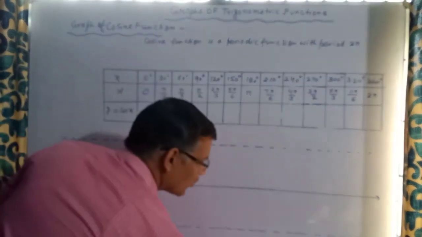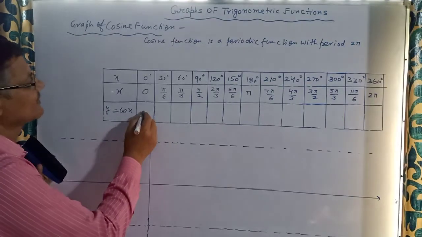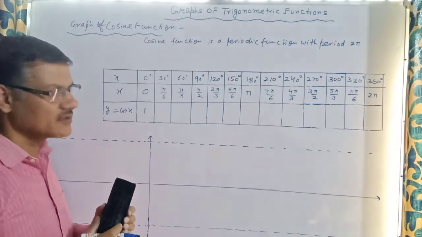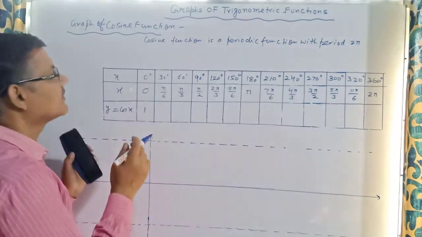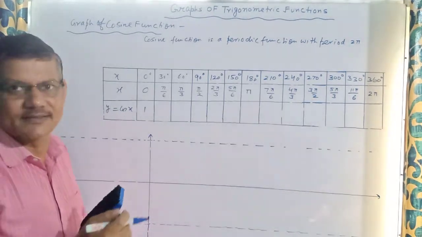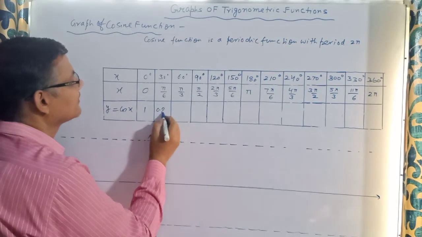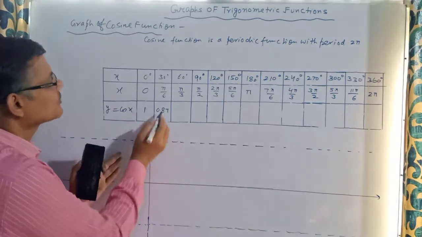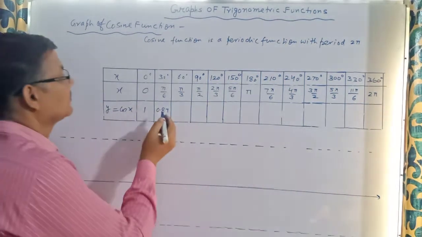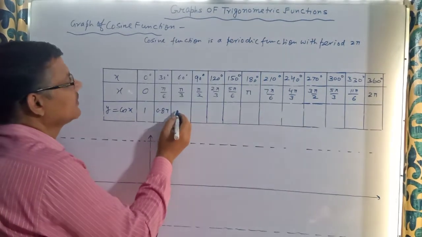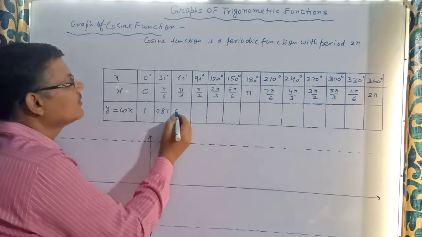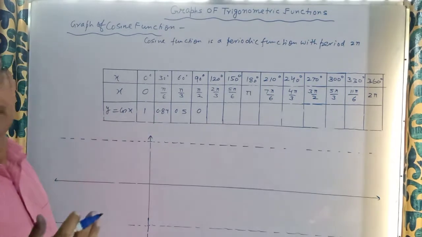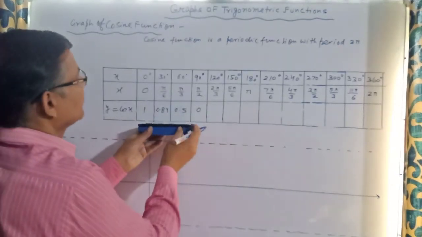So tell me, what is cos 0? Definitely it is 1. Pi by 6? Root 3 by 2. Root 3 by 2 means 1.732 divided by 2, which comes as 0.866. So here we take 0.87. Actually it is not of much use, since our scale supports only one decimal place, but here we write it. Now what about 60 degrees? That is 1 by 2, that is 0.5. Pi by 2, it is 0. You only have to remember this, then you easily get all the angles. This is the case of the first quadrant.